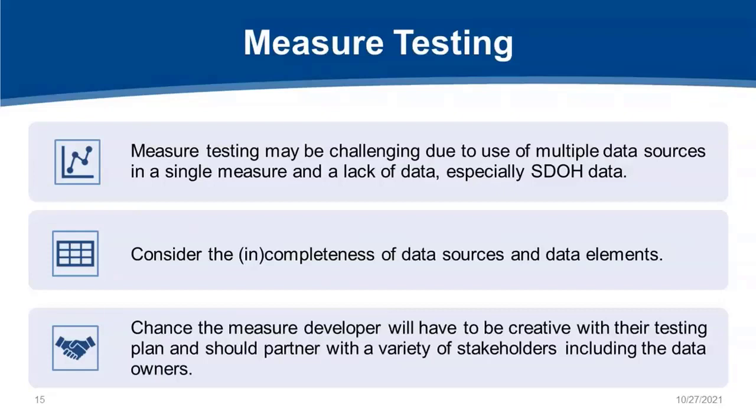So for the purposes of defining the quality constructs for measure testing, the measure developer may need to expand attribution for traditional measured entities to include the delivery of public health and social services, or to expand the measured entity to include both healthcare and non-healthcare providers. The more expansive the population in the denominator, the greater chance the developer is going to have to be creative with their testing plan, and maybe need to partner with a variety of stakeholders, including data owners, to understand the scope of their testing needs. A lot of this is fairly uncharted, so flexibility and innovation are going to be crucial to move towards success here.